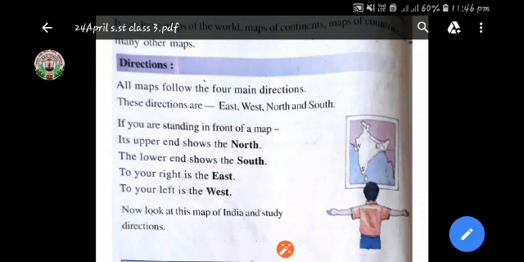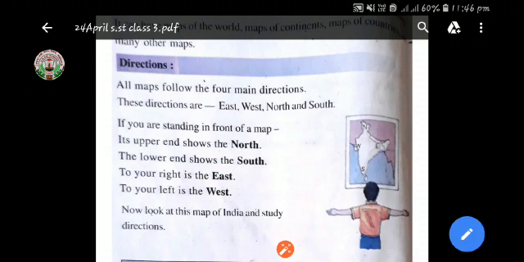In previous class, we learned about maps and types of maps, how maps present information about the world in a simple visual way. They teach about the world by showing shapes and sizes of countries, locations of features, and types of maps: paper map, board map, wall map, world map.